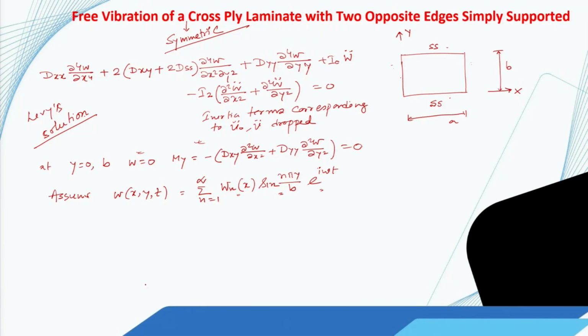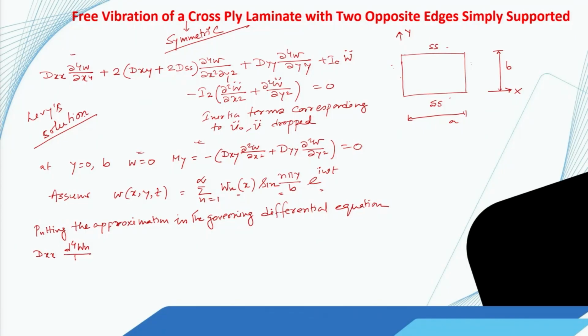Now if I put this in the differential equation, we get... putting the approximation in the governing differential equation, we get the following. So if I put it here, we get Dxx multiplied by